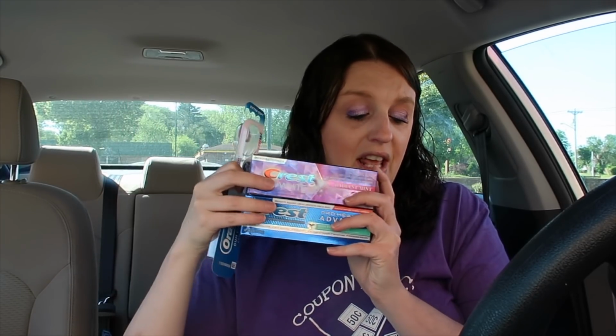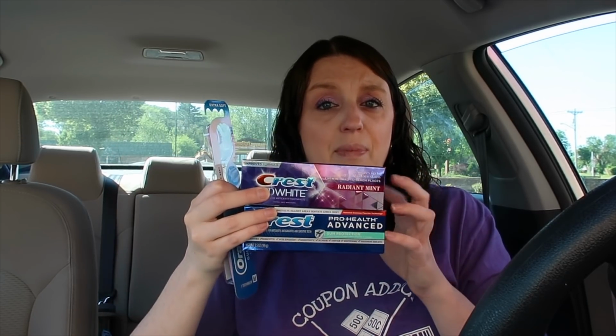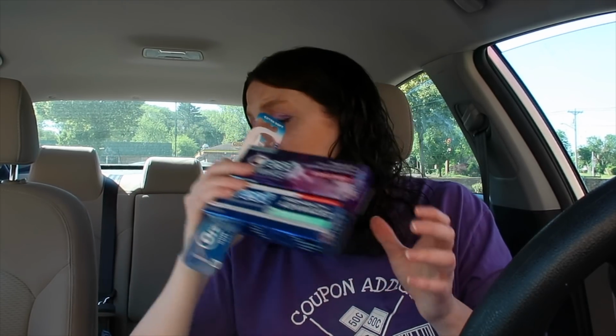There is a spend 10, which is this deal. So I got $10 worth of product, and then I used that 5 off of 3 digital coupon. And then there is a buy 2. You guys can do both of them in the same transaction. You just can't pay with points for this transaction. And the other Crest deal and the Colgate deal, you cannot do in the same transaction because it's kind of the same deal. So I'm not trying to confuse you. I explained it a little bit better in the breakdowns when I show you guys everything. But my total came to